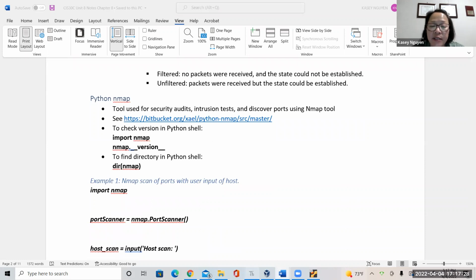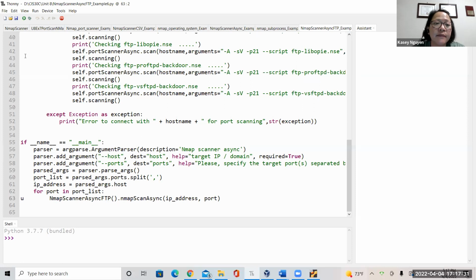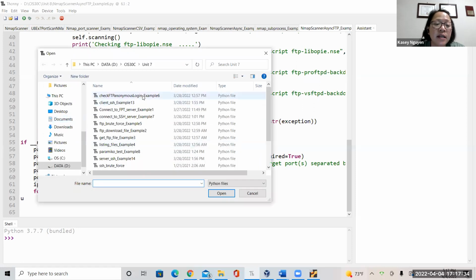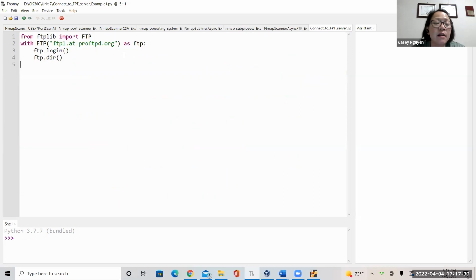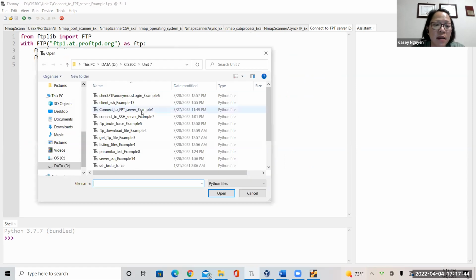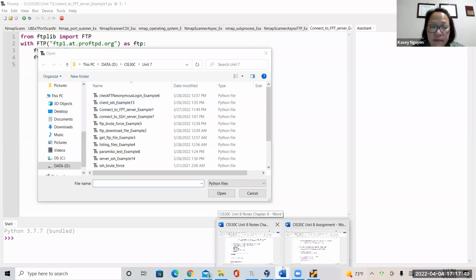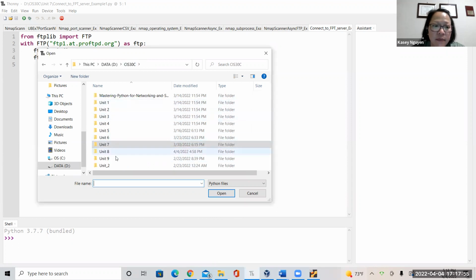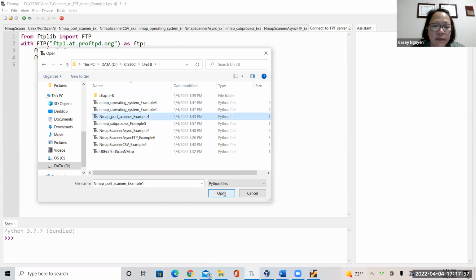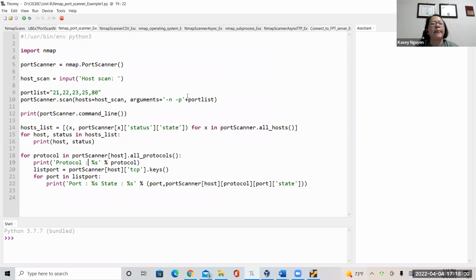Okay, so for example 1, let's take a look at example 1 before we run it. I'm going to use Thonny. Maybe not. Okay. So in example 1, this is the example provided by the textbook,